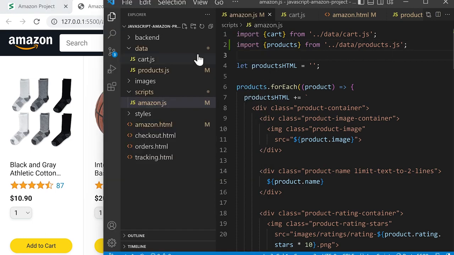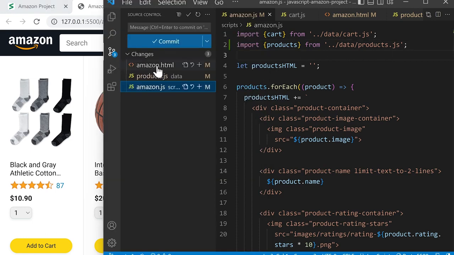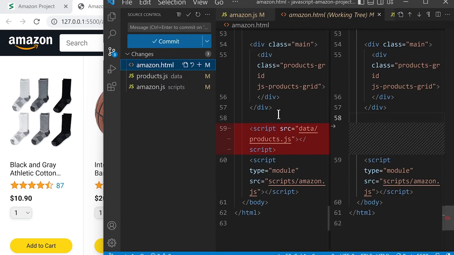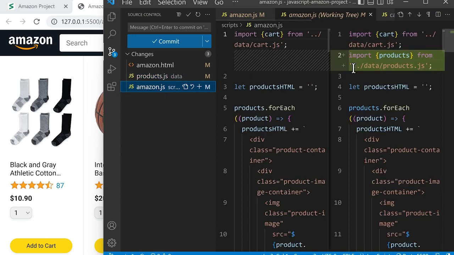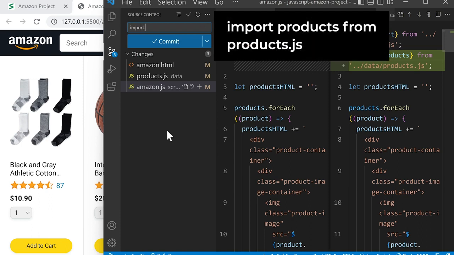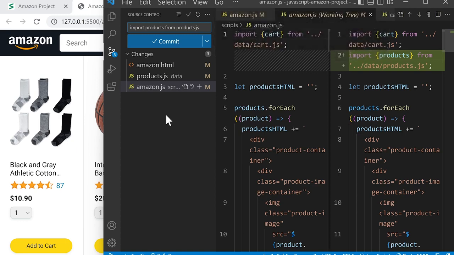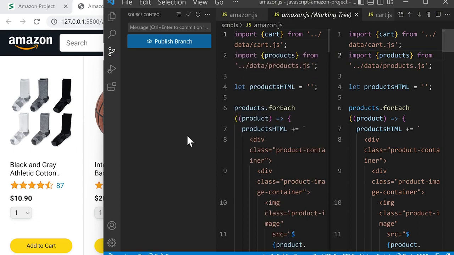So let's go into Git and take a look at our changes. So in amazon.html, we deleted the script tag, and then in products.js, we exported the variables that we wanted to get out, and then in amazon.js, we imported the variables that we need from the file. So let's type a message and save these changes into Git. Import products from products.js, and commit. Let's close this,